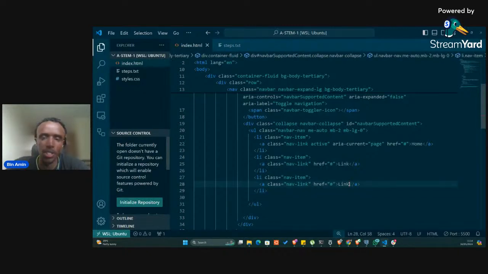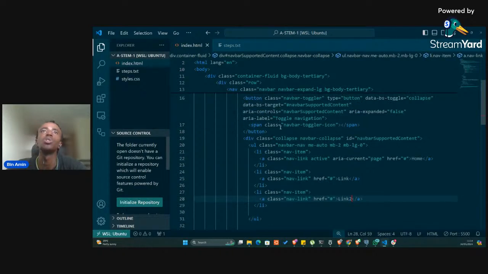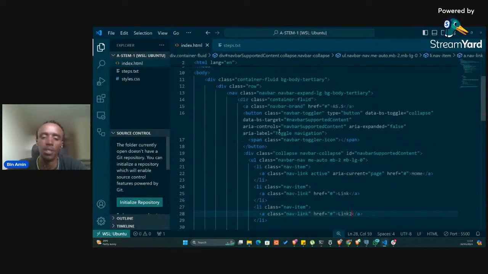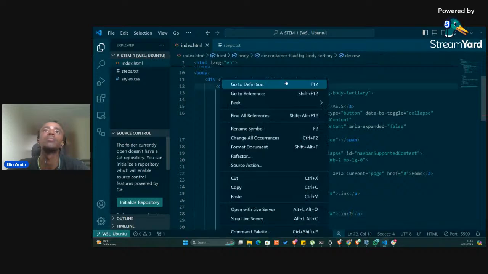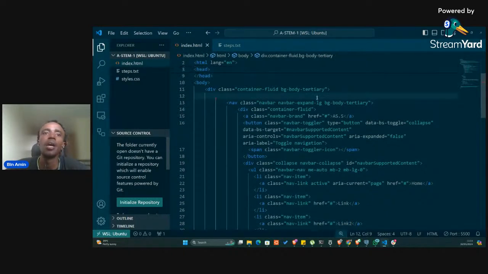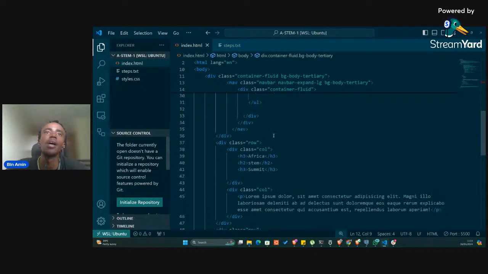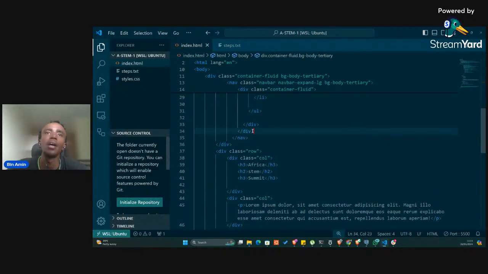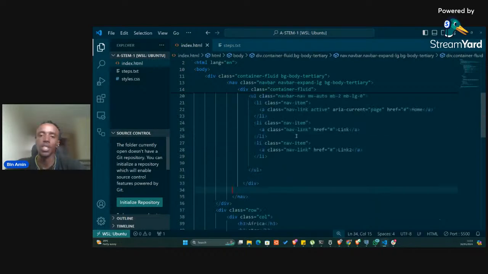So let me call this our link number 2, then add this margin to auto. Did I enclose it within the right row? Oh, I was missing a row. Let me get rid of the row. All right. Okay, so